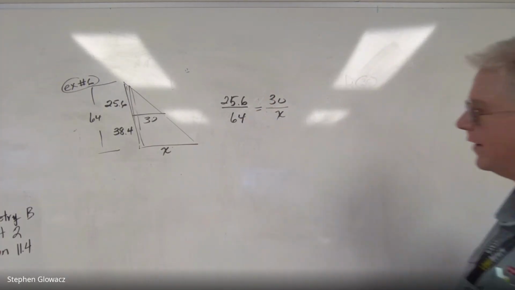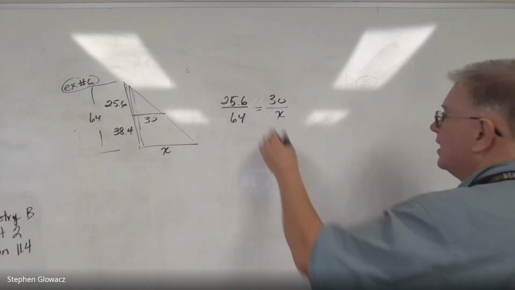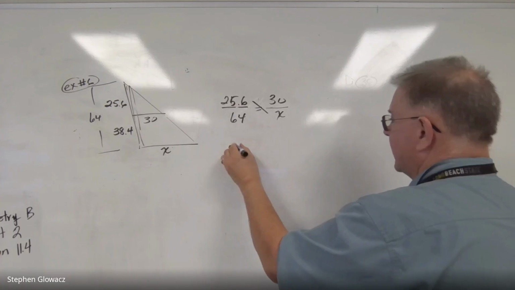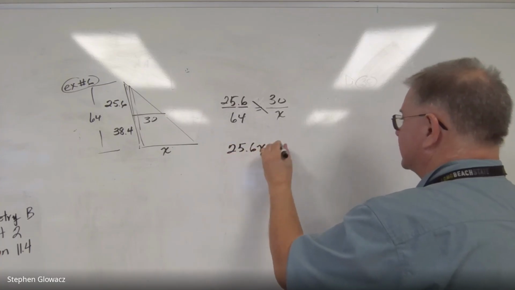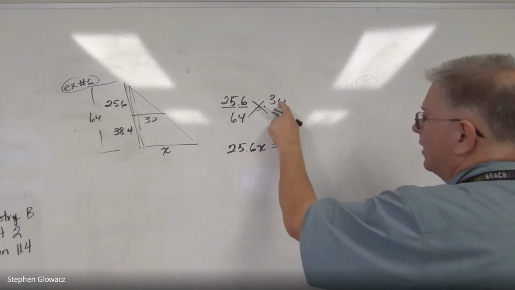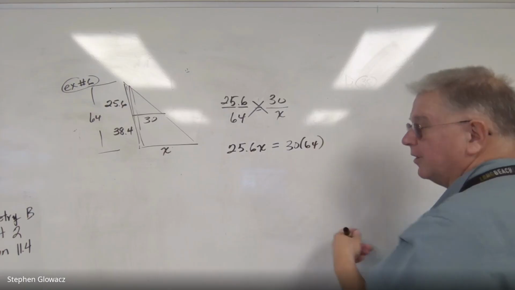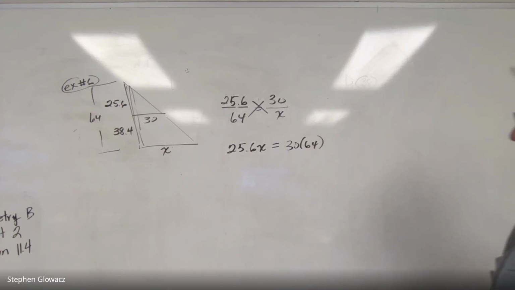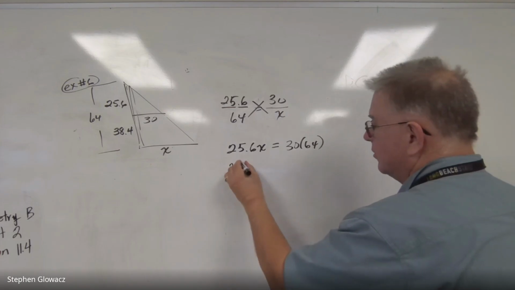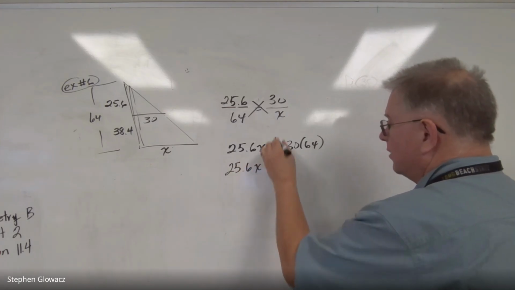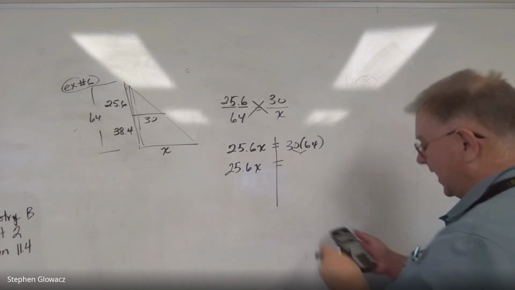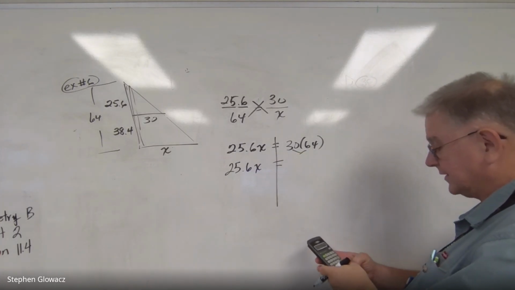All right, so now we're ready to cross multiply and solve. 25.6 times X is 25.6X. And then going the other way, we have 30 times 64. Or 64 times 30. Remember, the order you multiply does not matter. That's the commutative property. We bring down our 25.6x. 30 times 64 is